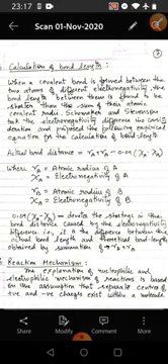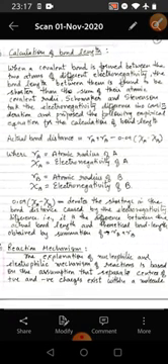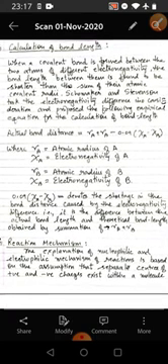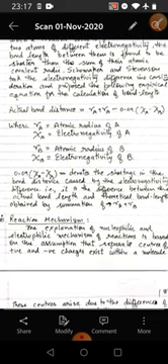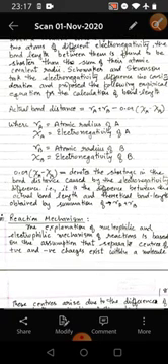Then the next application is calculation of bond length. When a covalent bond is formed between two atoms of different electronegativity, the bond length between them is found to be shorter than the sum of the atomic covalent radii. Shoemaker and Stevenson took the electronegativity difference into consideration and proposed the following empirical equation for the calculation of bond length. Actual bond distance is equal to Ra plus Rb minus 0.09 (xA minus xB), that is the electronegativity difference,